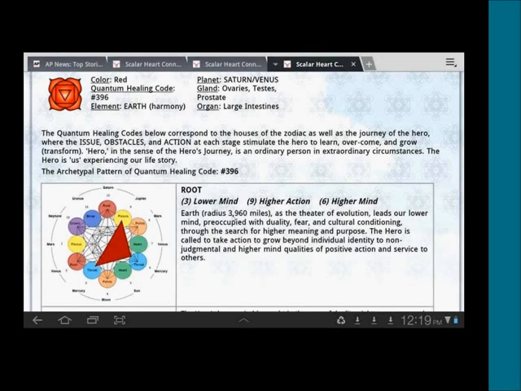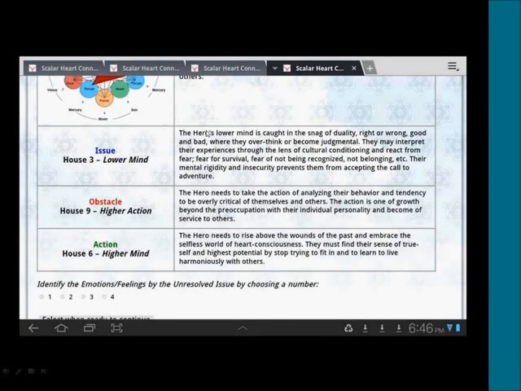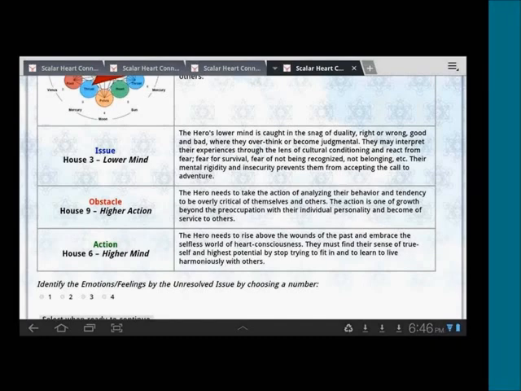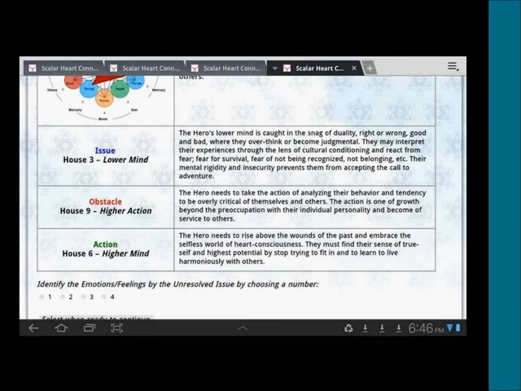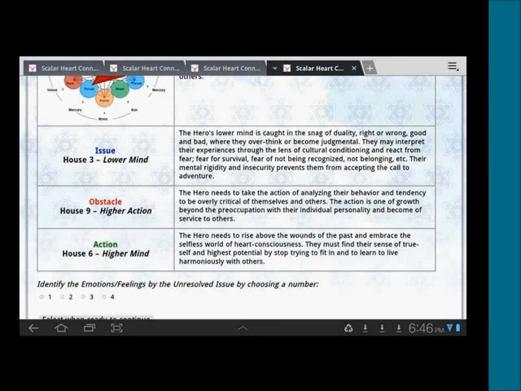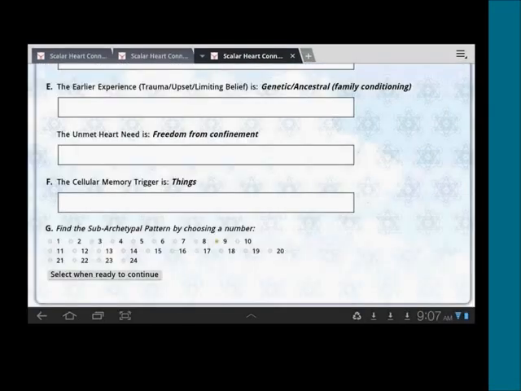And so you get, in the same sheet, a little bit more detail. And what this is, you can read this to the client. I might just read the summary to the client. But then here, as we go through the session, you're suddenly getting some guidance as to what the issue might really be about on a deeper subconscious level, a more archetypal pattern about what the obstacle is that's coming up for them, and then the action. And so you'll continue the session just as you've been taught in the workshop until you get all the way down to the